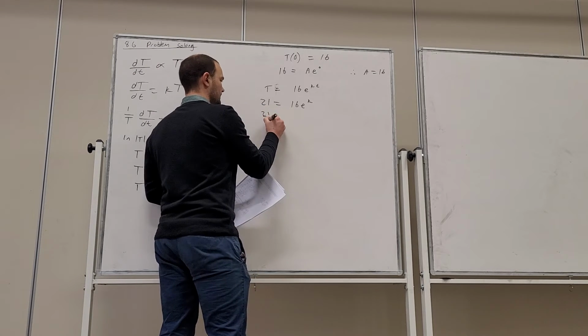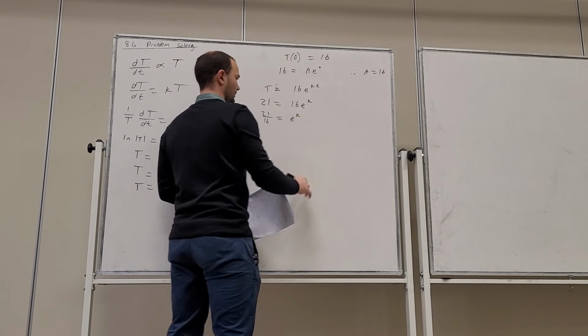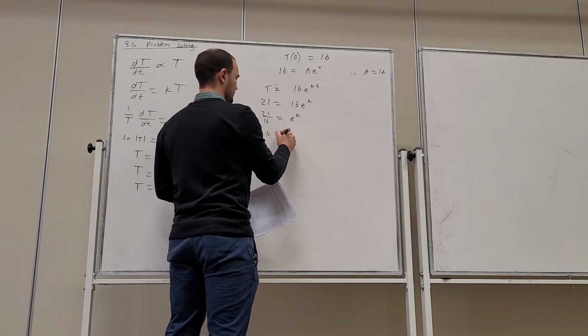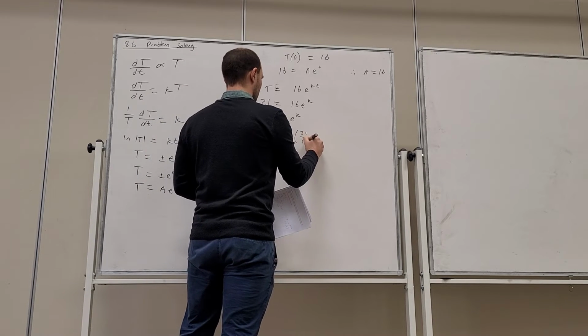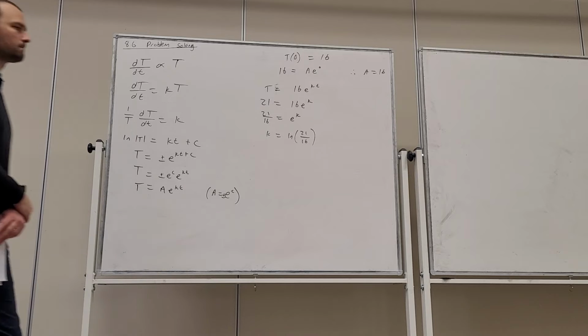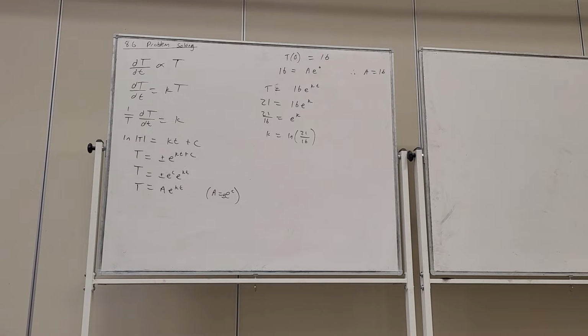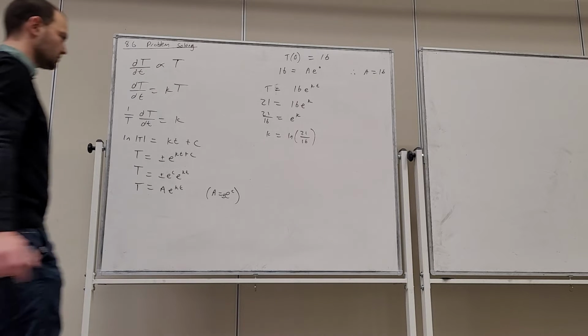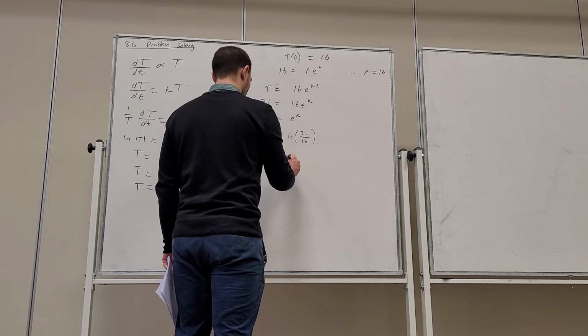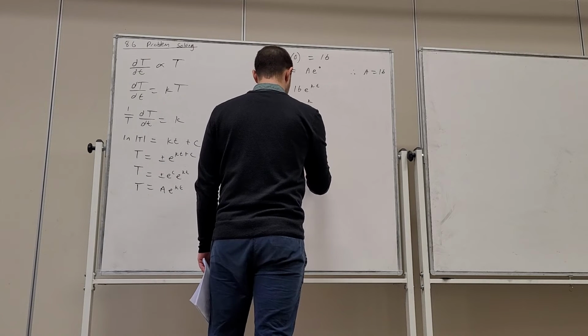Divide both sides by 16, and perform the natural logarithm of both sides. Okay, so then the equation that we have for T, having solved for both of the variables, is 16 e to the power of